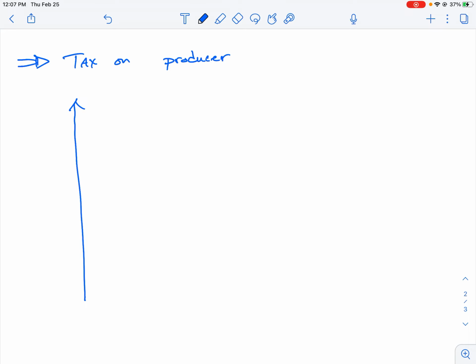So now let's do an example where we put a tax on the producer. Now we have a whole separate video where I put a tax on a consumer. We go through this and we'll see that the end result is actually very similar, but the way it starts out is very different. So let's look at the